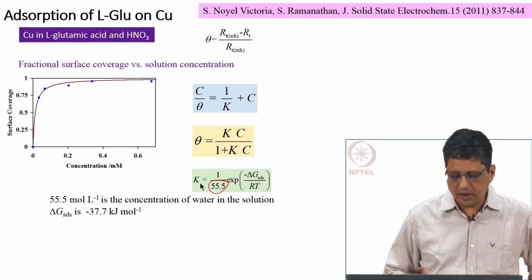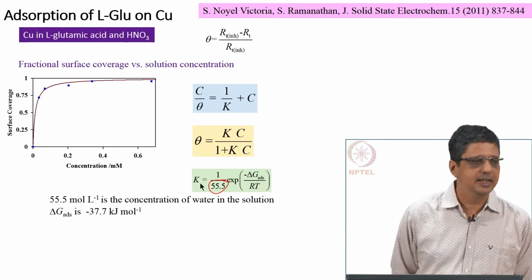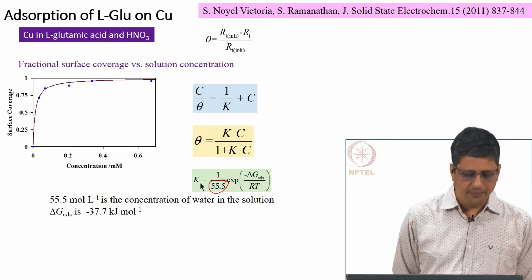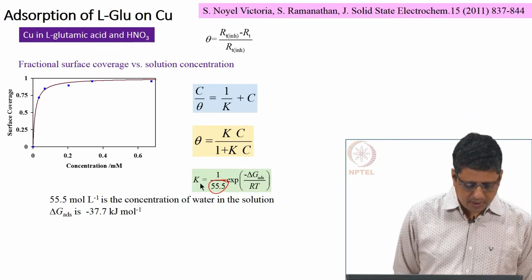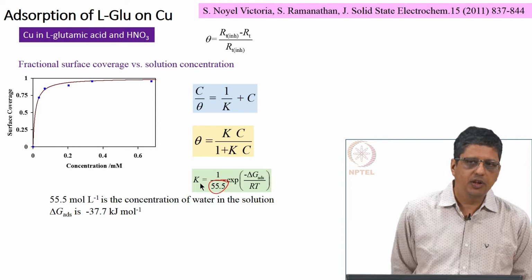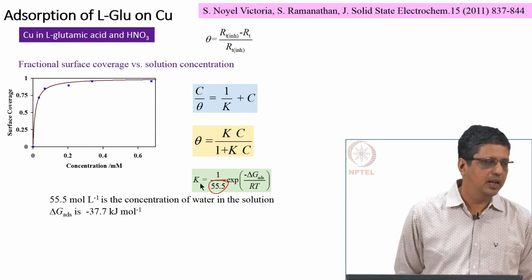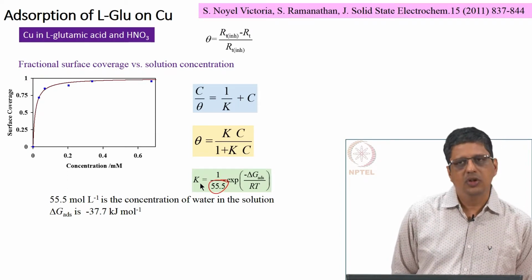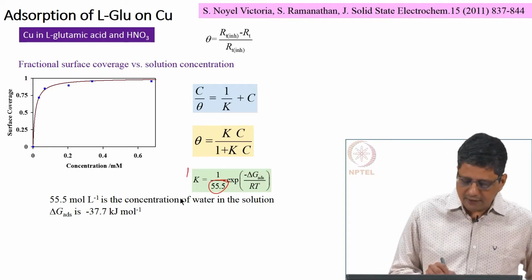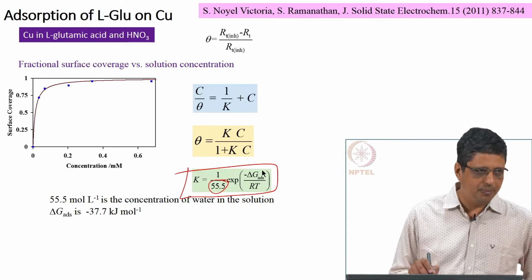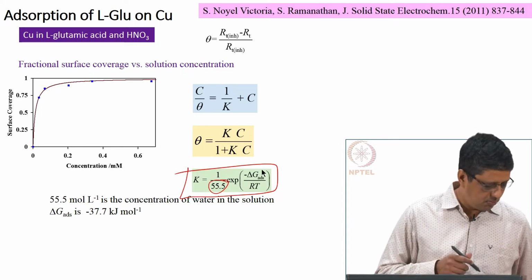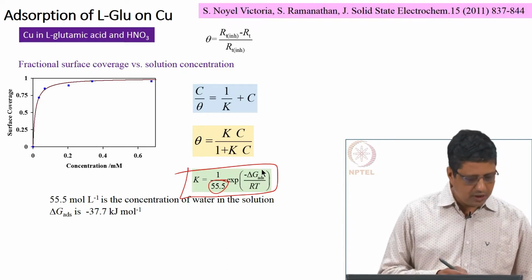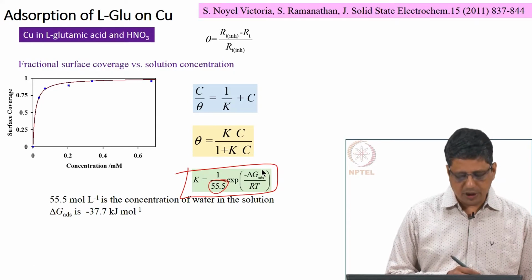55.5 is actually the concentration of water in solution, basically it is pretty much water, and del G value you can get it using this formula. This is not the best way. If you really want to get it correctly, you will have to do it at various temperatures and then see if the k really follows this equation. If I vary the temperature, what happens here, but then what we got is with one value, one temperature.